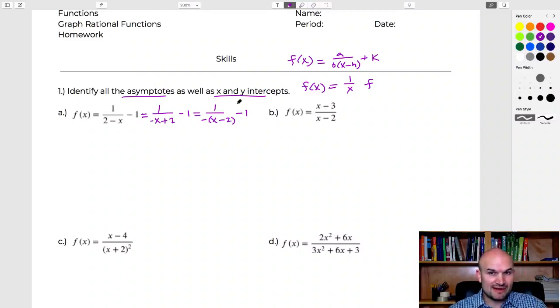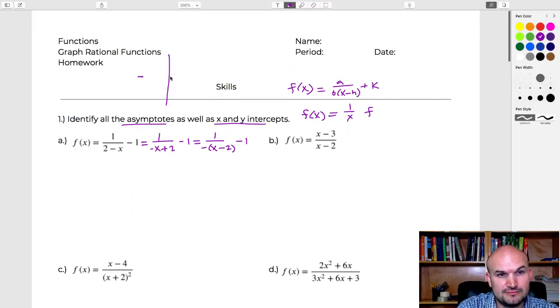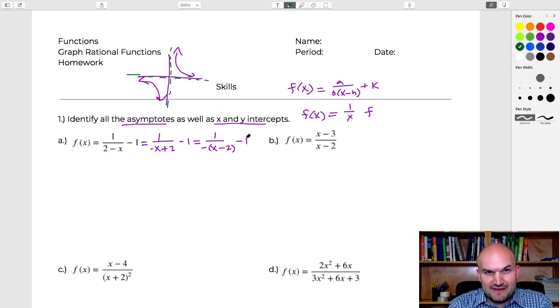All right, so now identify my transformations. Remember, h shifts the graph left or right, k shifts the graph up or down. It's also important to understand what the parent function is. So just to do a nice little rough sketch, we have this little hyperbola. The important thing about this, though, is there's a vertical asymptote at x equals 0 and a horizontal asymptote at y equals 0. So if I have asymptotes at x equals 0 and y equals 0,